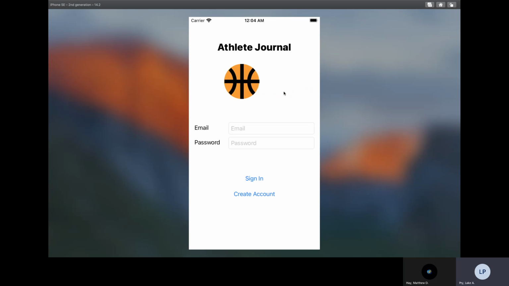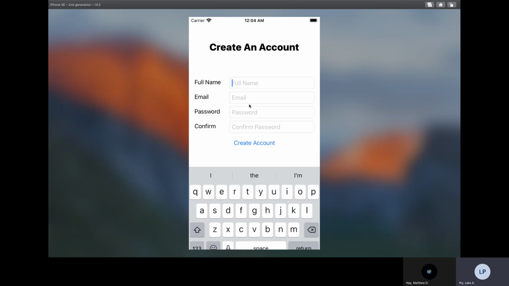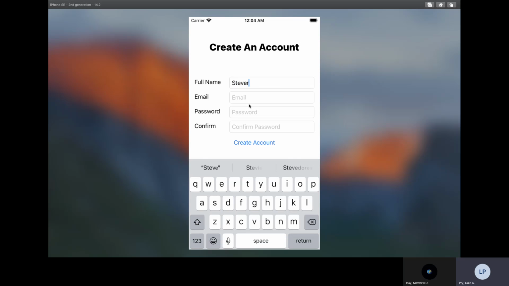And our user does not have an account, so we're going to click on Create an Account. And basically what this page is going to do is allow us to create an account based on the information in the field. So we'll just create a test account for us